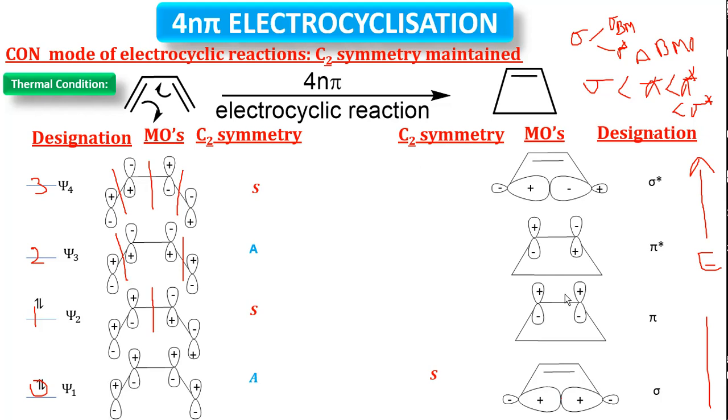So here this is nothing but psi 1, psi 2. Even numbers are symmetric, odd numbers are asymmetric, because we are classifying psi 1, psi 2. These are nothing but ethylene molecular orbitals. Psi 1 is symmetric with respect to sigma, psi 2 is symmetric with respect to C2. I already told you sigma star is asymmetric with respect to C2 and also sigma symmetry. Friends, these are the molecular orbitals.